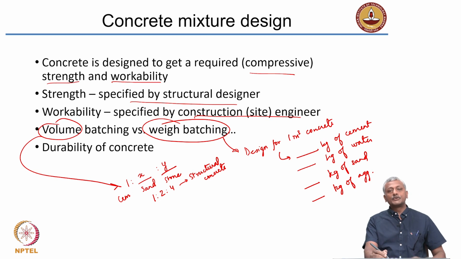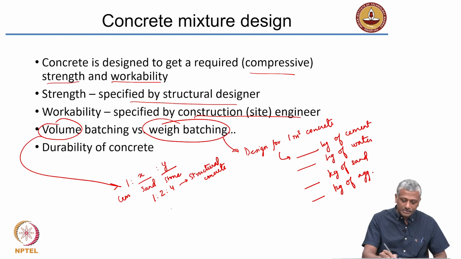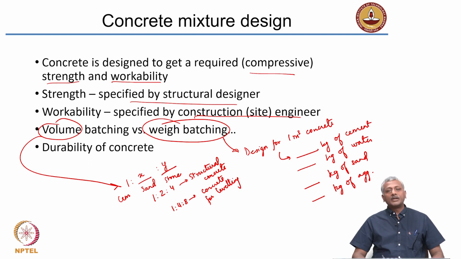For most concrete that is used only for filling and leveling applications, you will have something like 1 is to 4 is to 8 concrete for leveling. Why do you need less cement in the case of leveling concrete? You do not rely on the strength, the concrete simply forms a base layer on which the main structure is going to get constructed. So, that is basically concrete for leveling, and there you are going with 1 is to